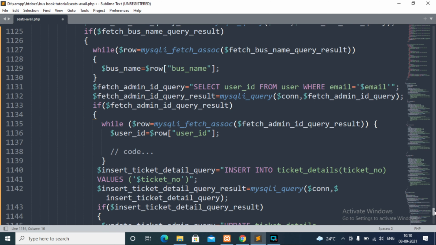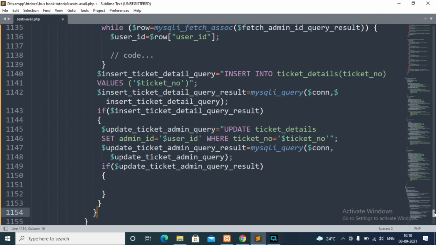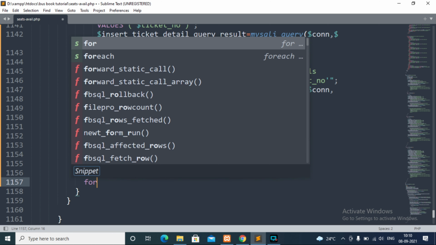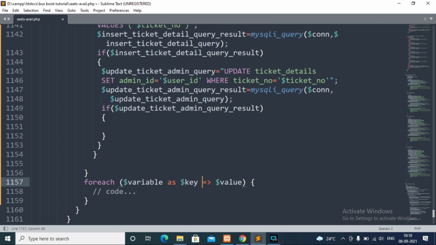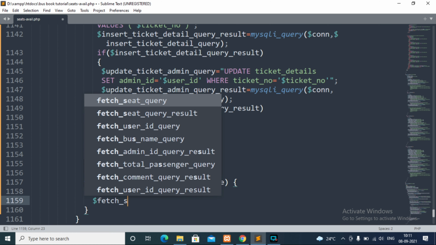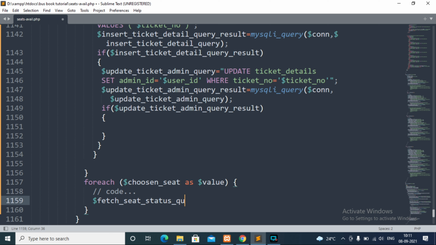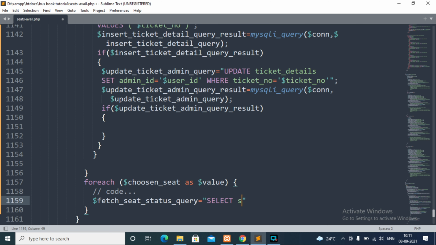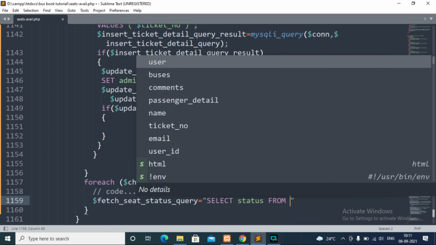Okay, line number 1154. Yes, here. We will have a foreach loop of PHP, inside which we will have the chosen seat PHP variable, inside which we will have the fetch seat status query PHP variable, seat status query, that stores our SQL query: select status from bus seats,